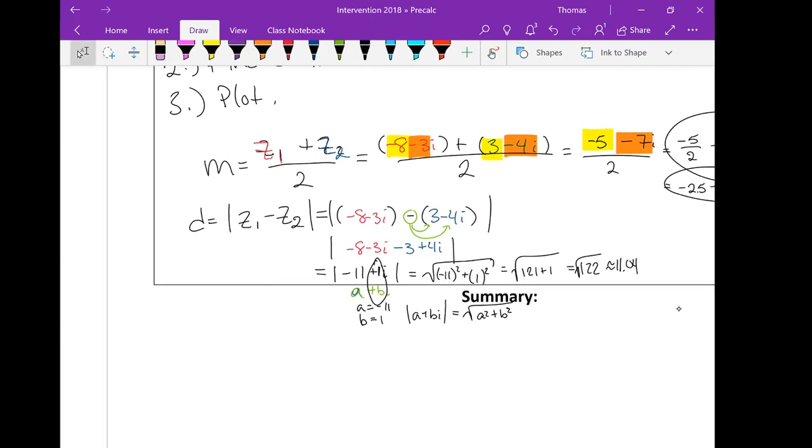So distance, again, we write down our formula right here. We plug in our numbers. We didn't take the modulus until the last step because we want to just have one number inside a modulus. Once it's in there, it's pretty easy to take